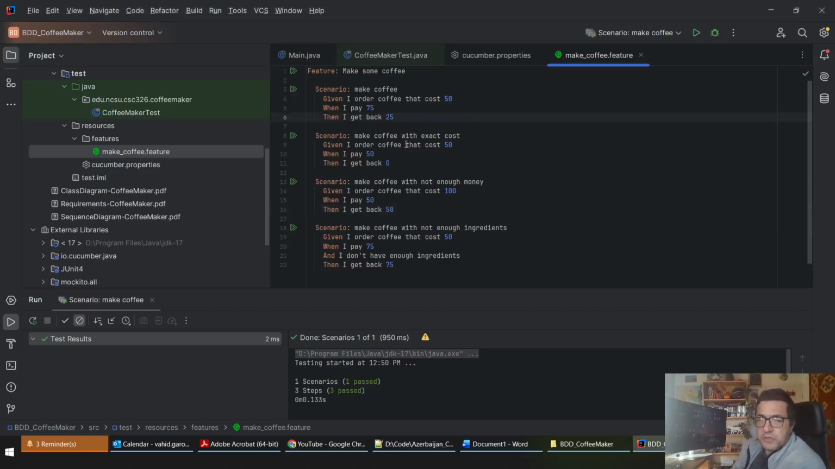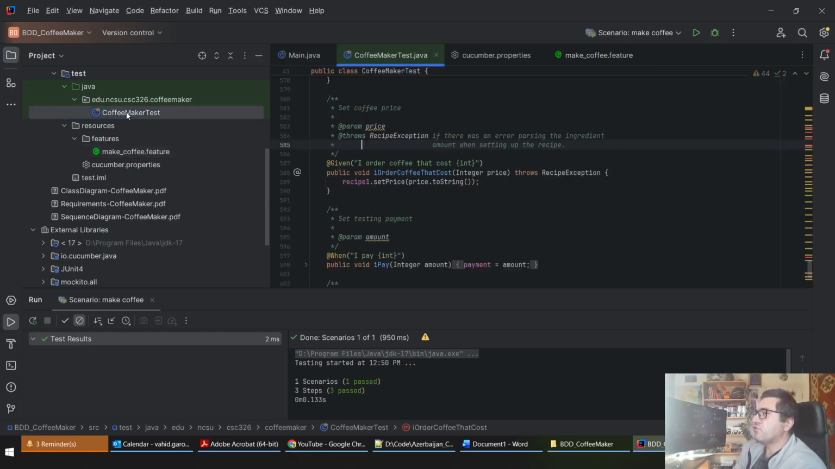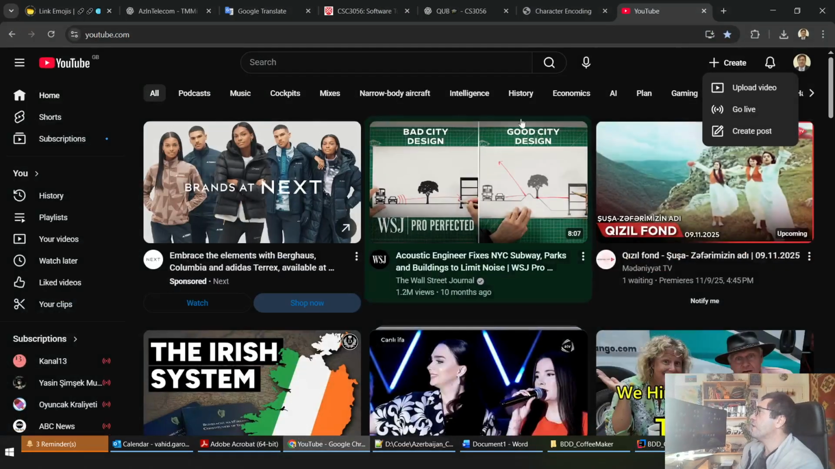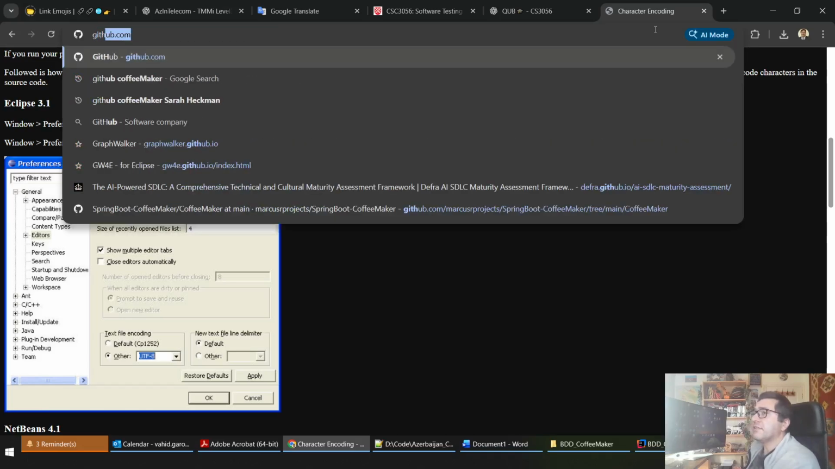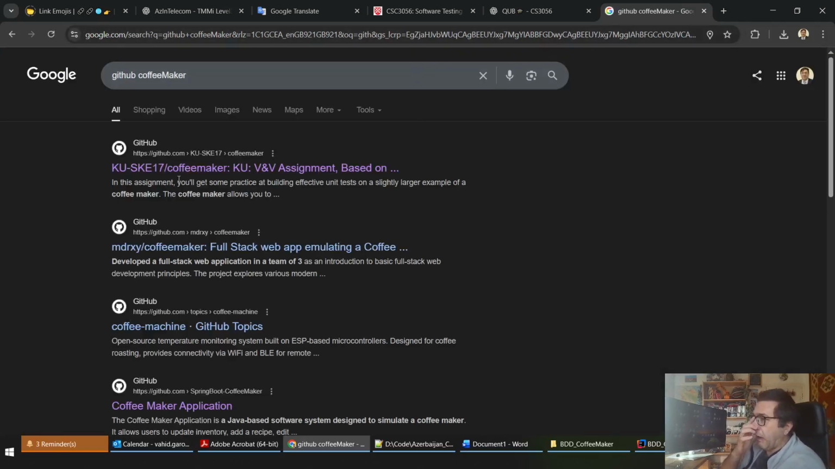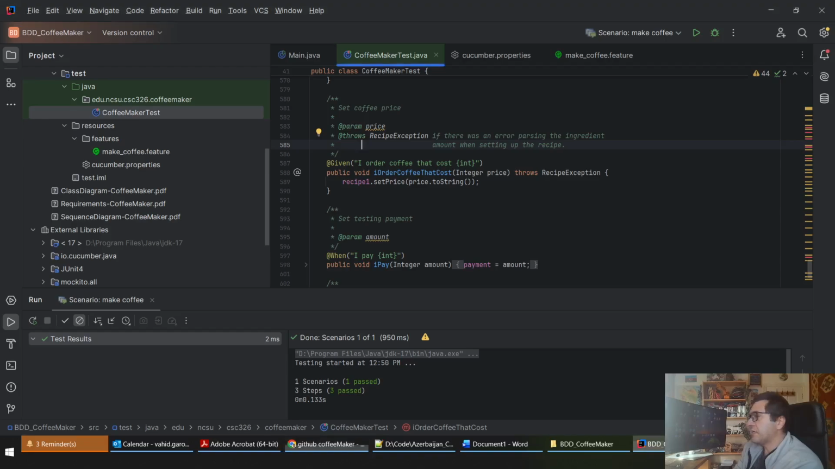Hello, so I'm showing a very simple example of BDD and the given-when-then concept. This is an open source software provided on the internet. I had that here, GitHub, Coffee Maker. It's quite a popular open source project, like a simple coffee maker. I've downloaded it